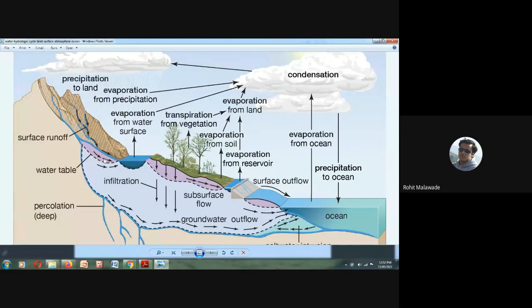The soil will have different kinds of micro elements in it. So this particular water has different kinds of micro elements, which are sometimes visible to our eyes, and sometimes microbes that we cannot see with our bare eyes. So the water has to be treated before we drink it.